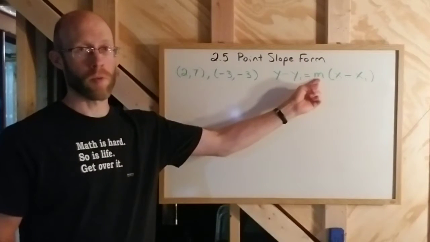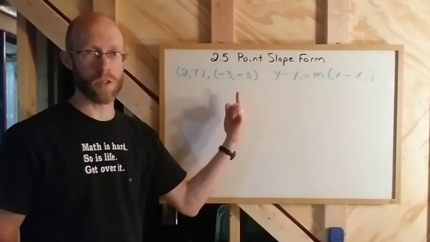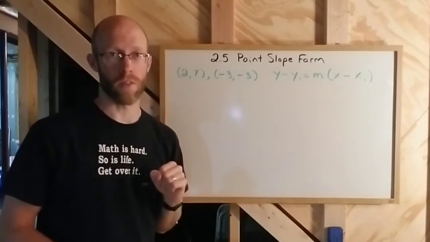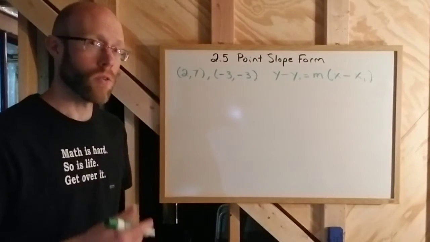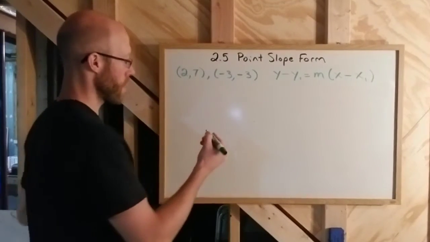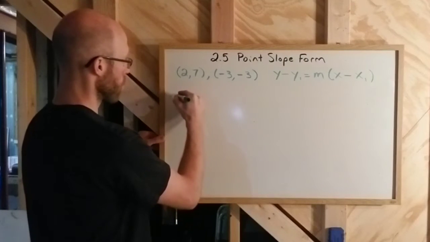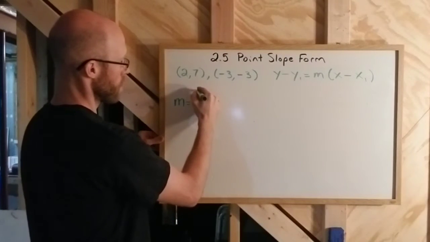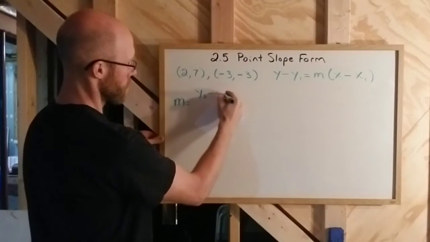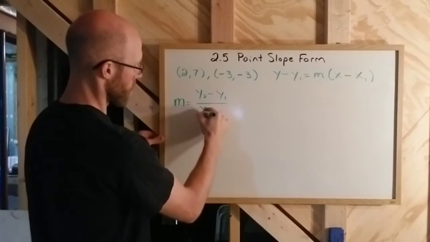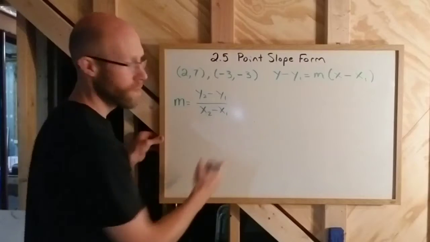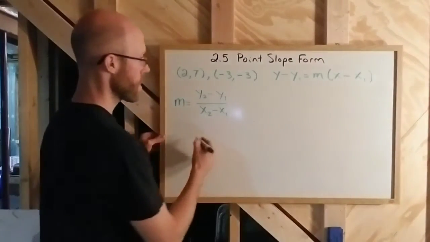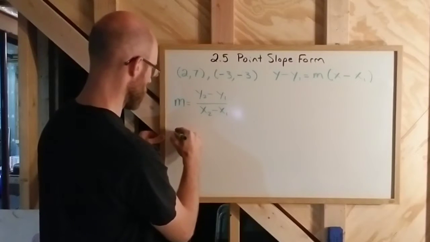Okay, then we'll be able to plug the slope in and then use one of these 2 points, it won't matter which one, for the x1 and y1 to plug into the formula. Okay, so let's first go through and find the slope between these 2 points. Well, slope I know to be y2 minus y1 over x2 minus x1. And so if I plug everything in accordingly, I should get as my slope